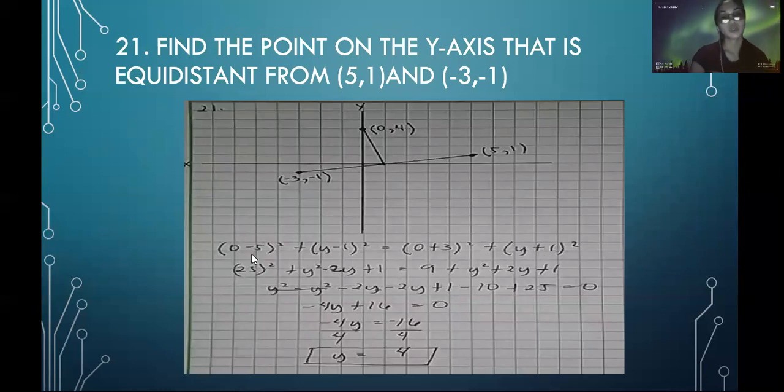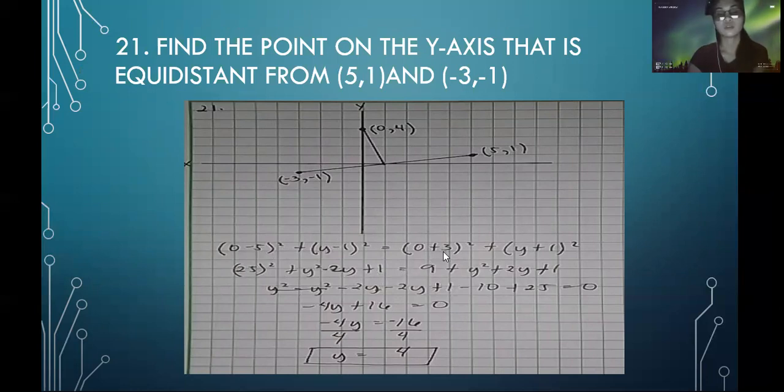So 0 minus 5 is 5. So 5 square is 25 plus y square minus 2y plus 1